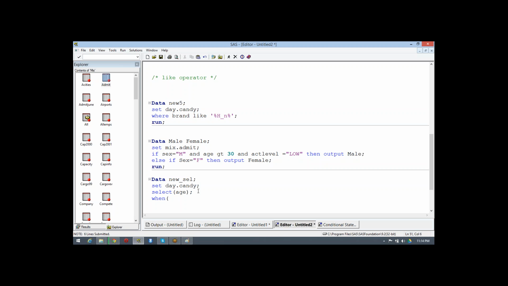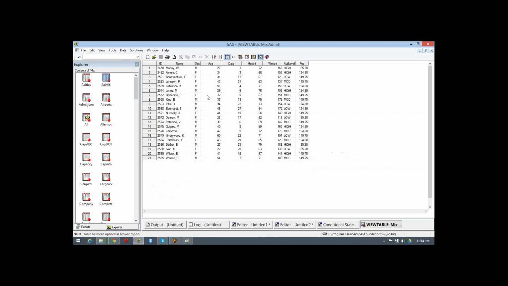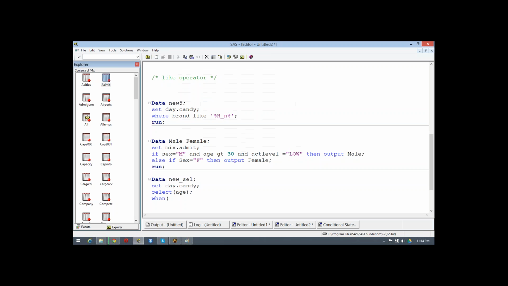So select expression will always be stored in brackets only. If I'm using the first condition as 27, I write 27. Then directly we can say then the new variable which you are creating.